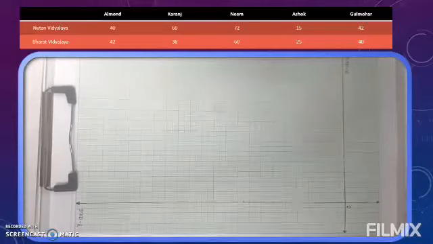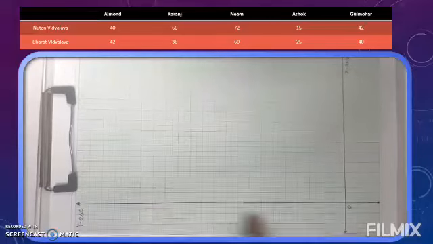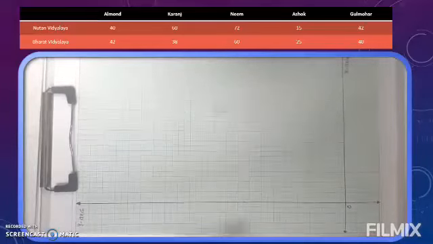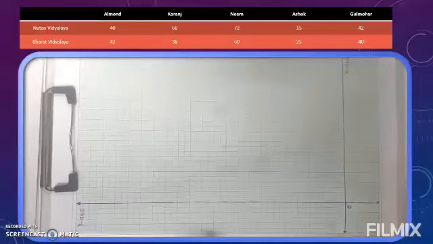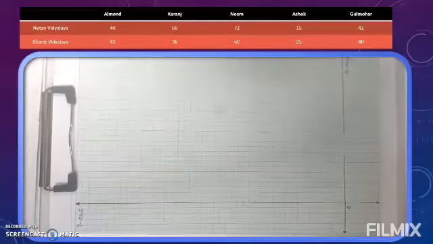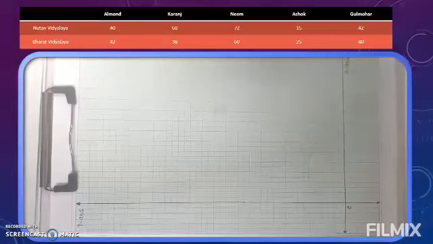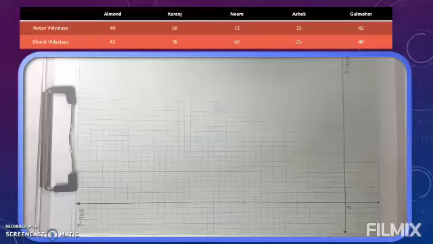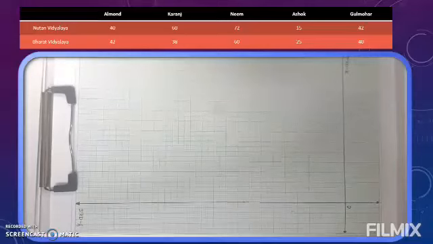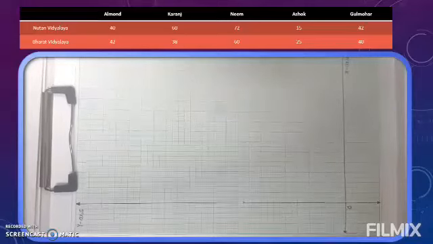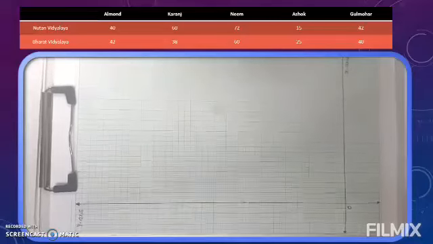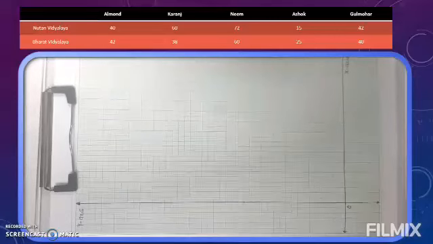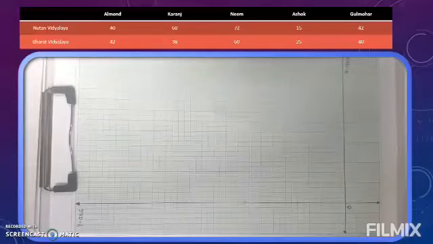Now the second point we have to do, we have to choose a certain scale for y-axis. Now how to choose scale for y-axis? So for that you have to see the numbers which are given in the table. In the table we have numbers like 40, 42, 60, 38, 72, 60, 15, 25, 42, 40. Now after going through all these numbers, we will think what scale we should take.